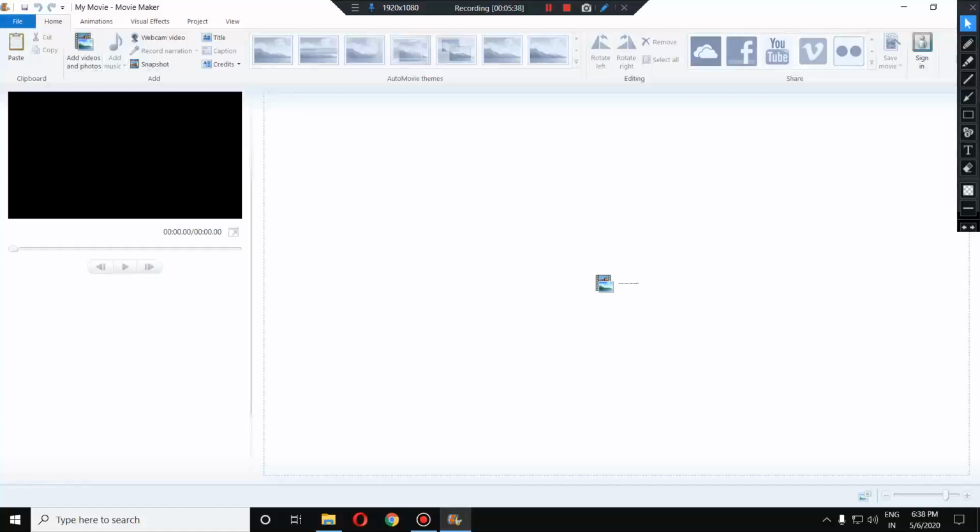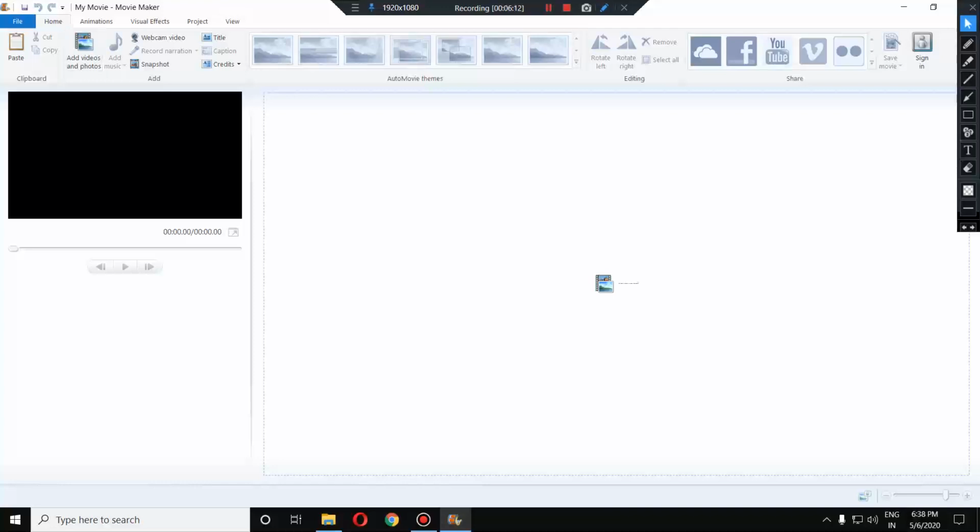So first of all we have the quick access toolbar, then we have tabs, and where the tabs are present, this whole bar is known as the menu bar. As you can see, maximum of the softwares have this menu bar. Different menus are available with different sorts of softwares, but you will find a menu bar in every window. So this is that, and the options which are found there are known as tabs.